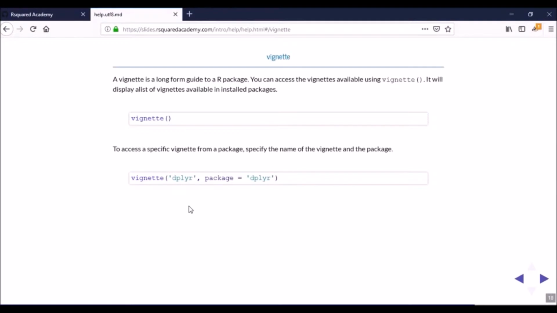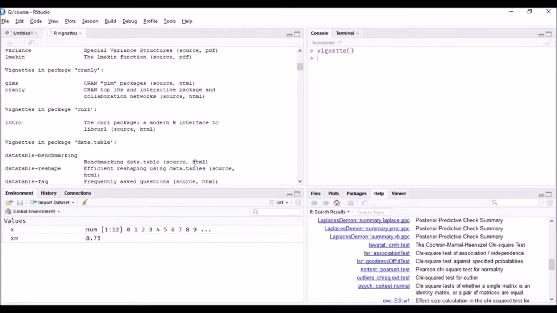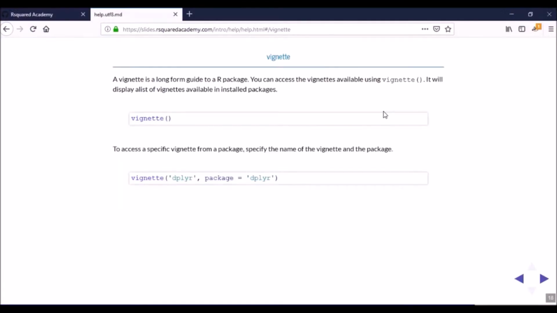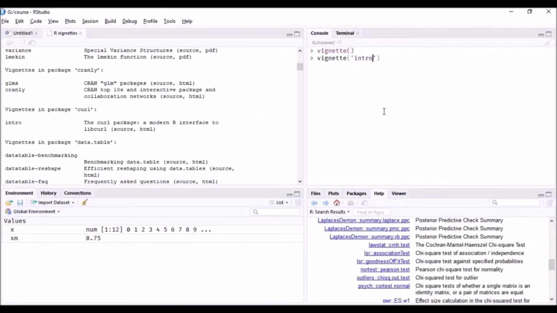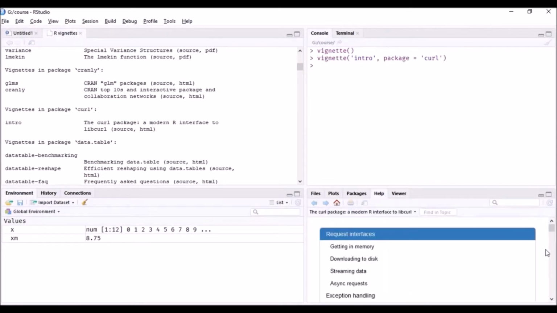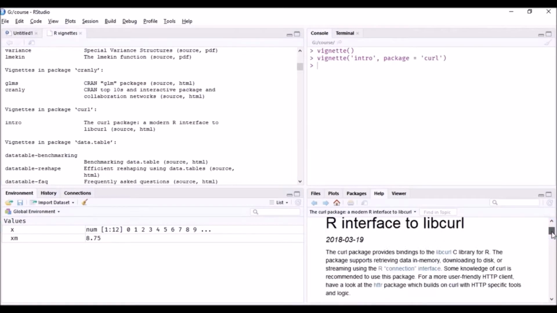And if you want to see the Vignette from a particular package, then you can specify the name of the package and the name of the Vignette, right? So for example, here in the curl package we have an intro guide. So let us see if we can view it. First we specify the name of the Vignette, in this case it is intro, and the name of the package is curl, right? So you can see the intro Vignette in the curl package here,